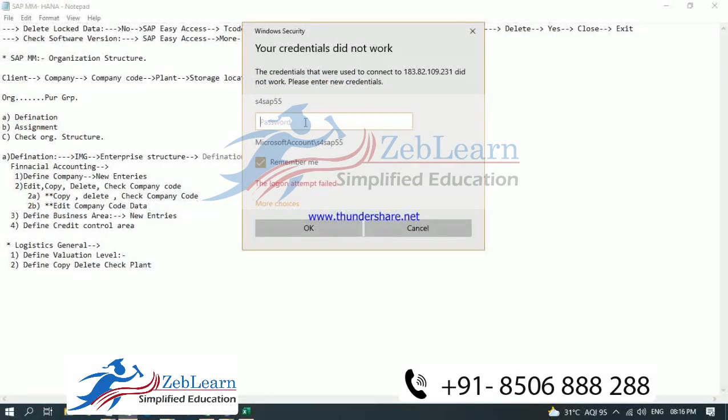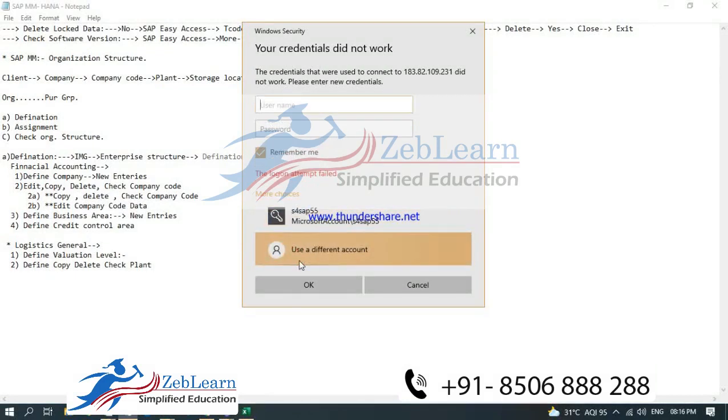Username? S4new7. S4new7 and password? King@11.